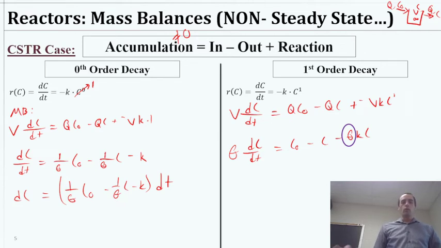I also had made a mistake here, by the way. Right here we divided everything by V, I think, or no, we divided everything by Q. Okay, maybe that's fine. I didn't see that. Anyway, moving on from that,